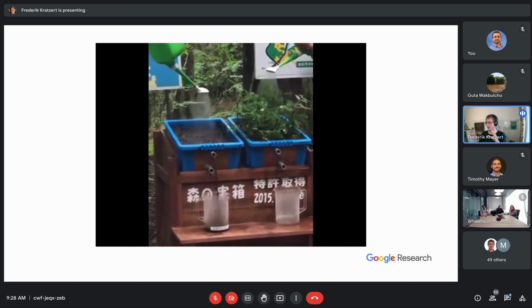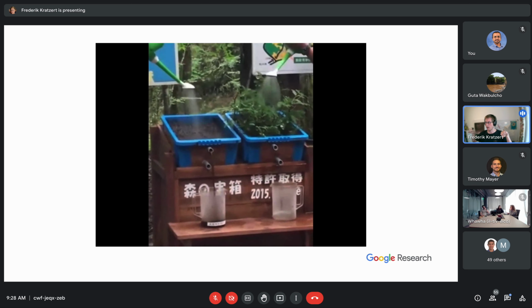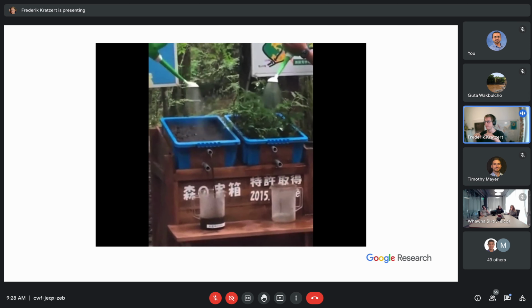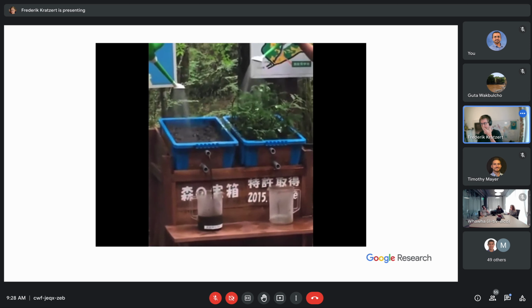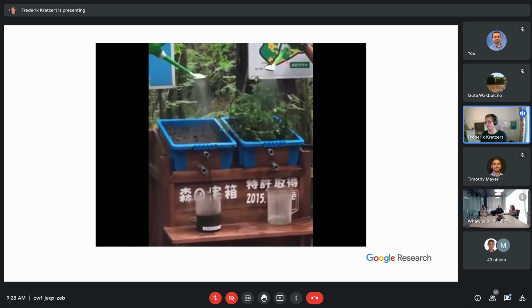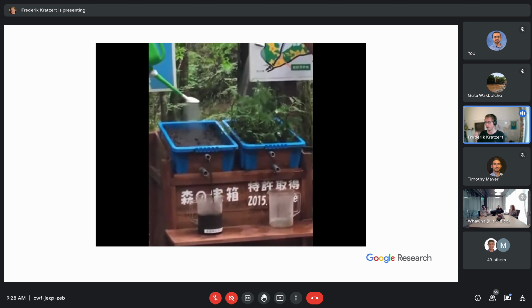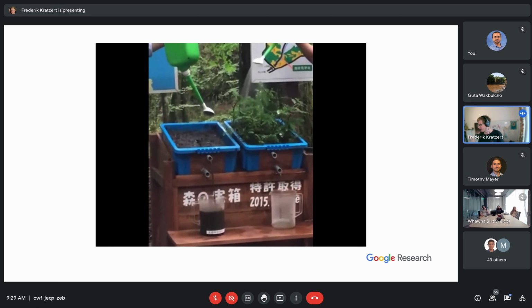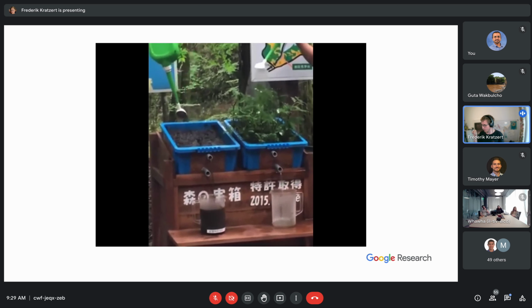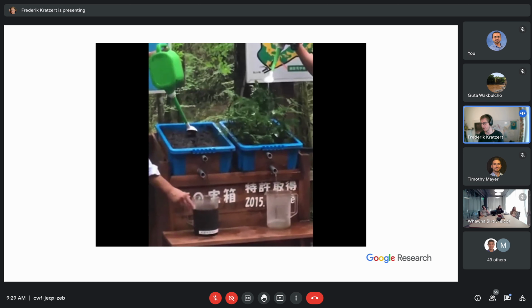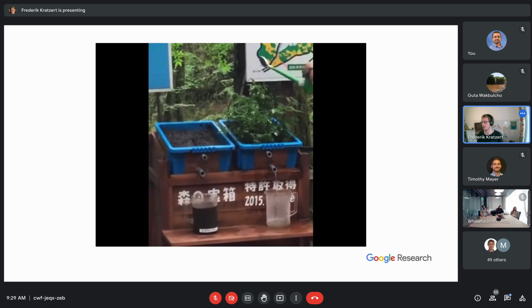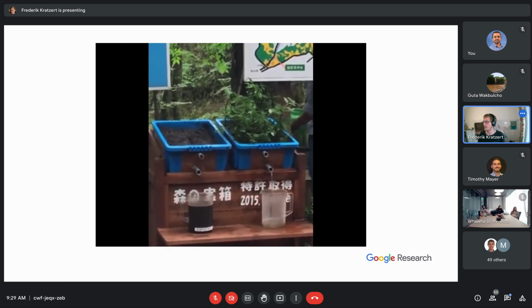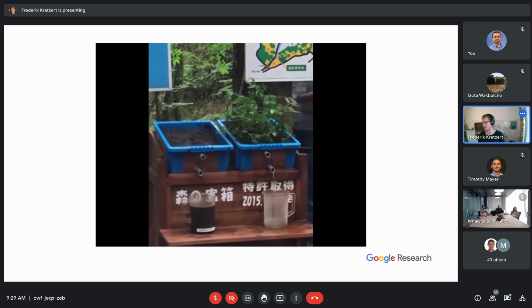So they have the same temperature, get the same precipitation. However, you can already see that both of these blue boxes respond completely differently to their meteorological forcings. So the left box is already producing a lot of runoff from the upper tube, and it's very dark and muddy water, while the right-hand box is now starting to drip water from the lower tube, which is very clear, and it's very slowly. So the left-hand box already completely stopped draining any water, while the right-hand side box only started.